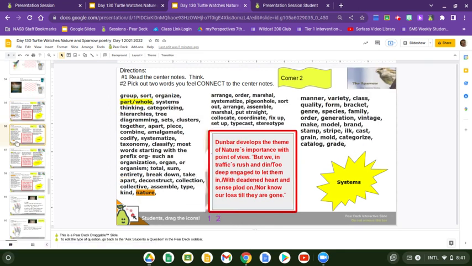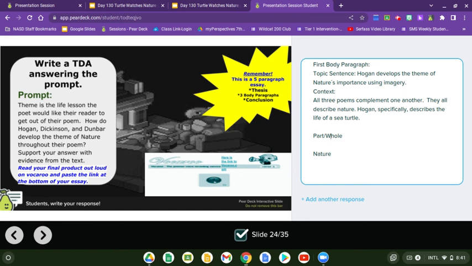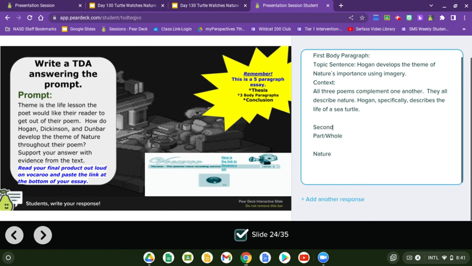So now we're going to talk about systems. And I think there's two helpful phrases from here. Perhaps you got different ones. Of course, that's fine. Part and whole and nature. So let's go ahead and put those words here too. Part / whole and nature. And I think for this one, we might think about our second body paragraph,